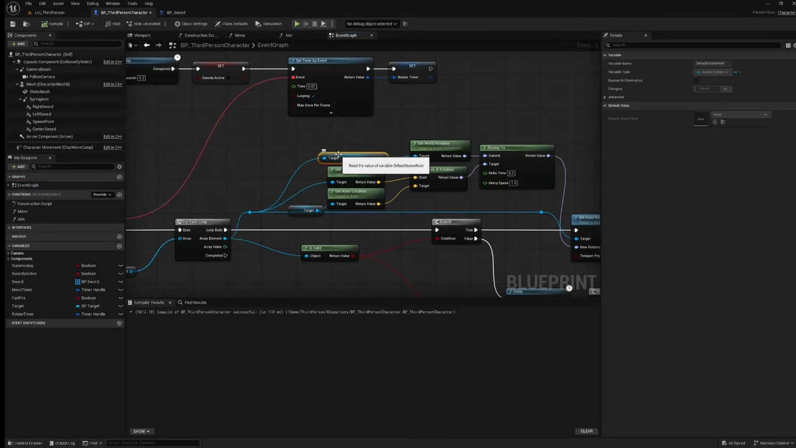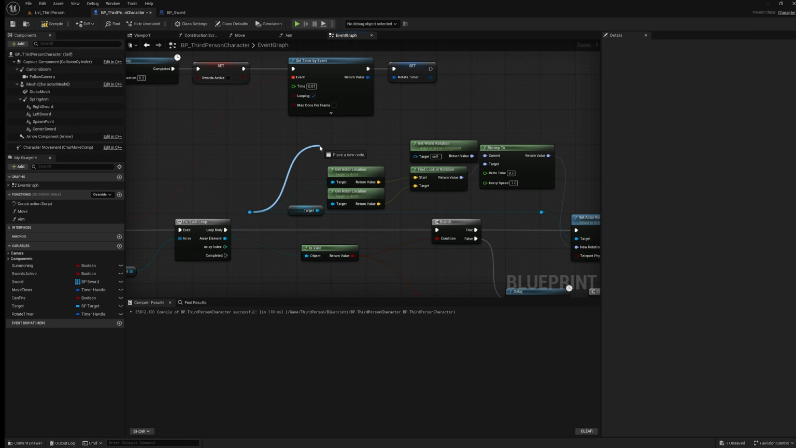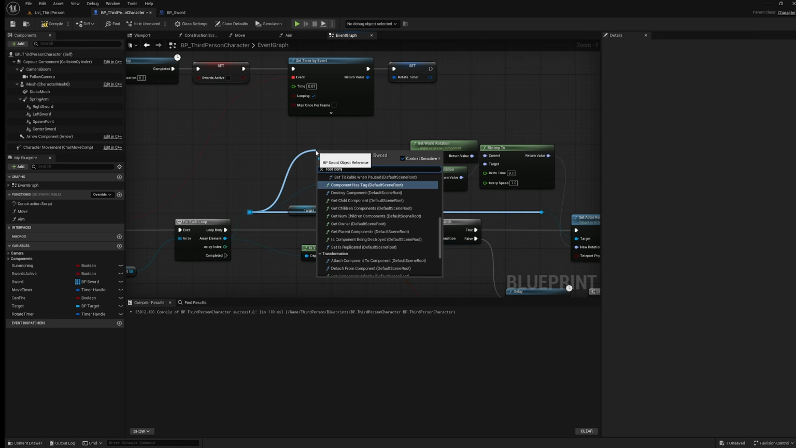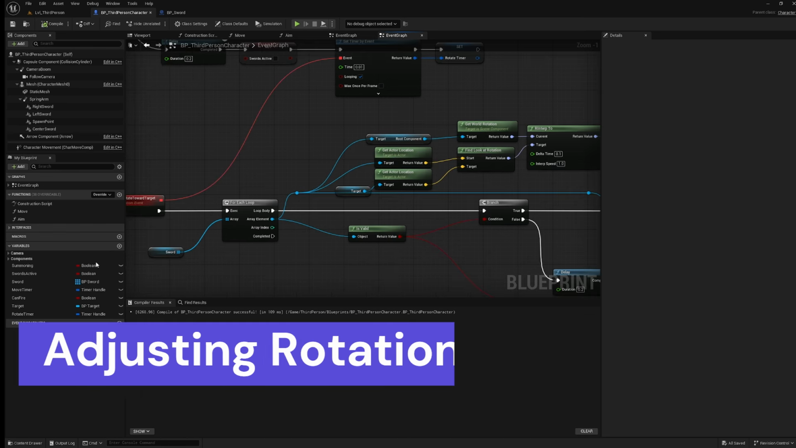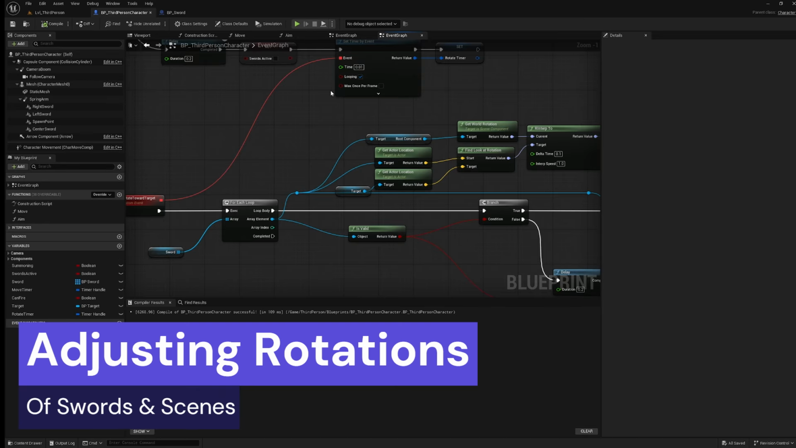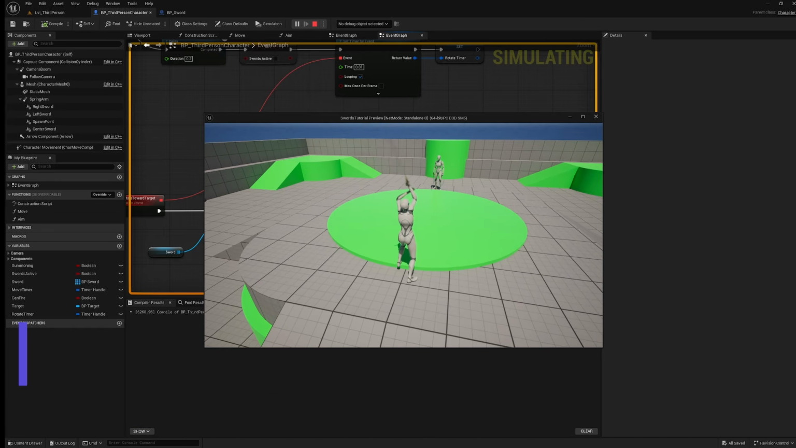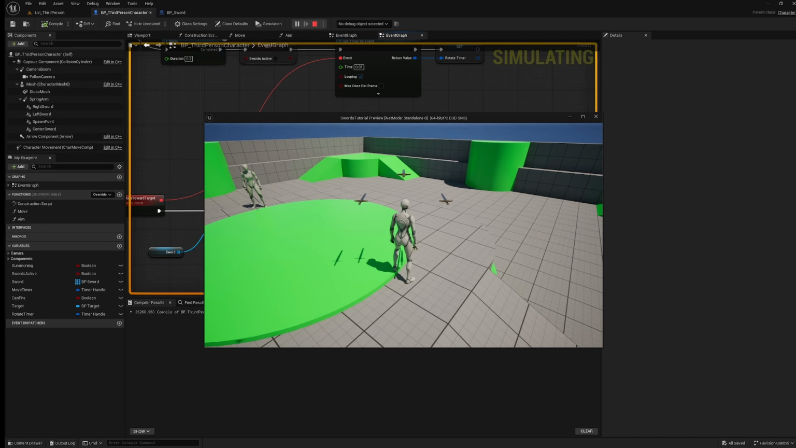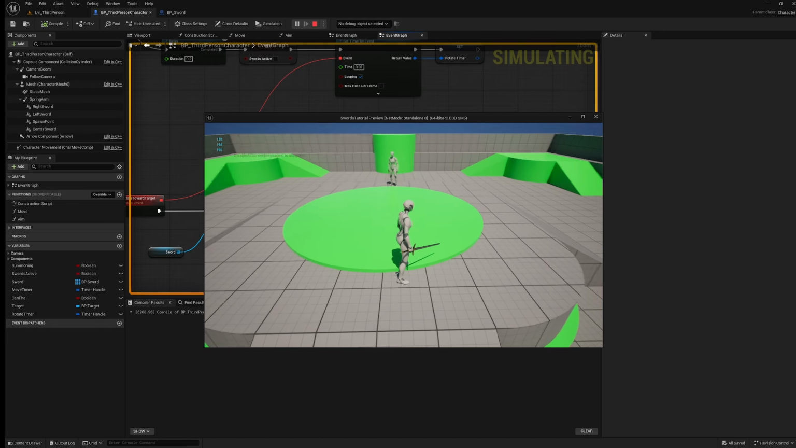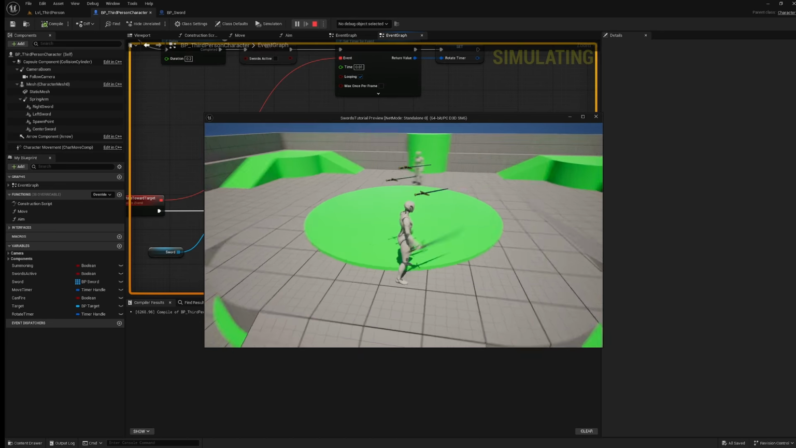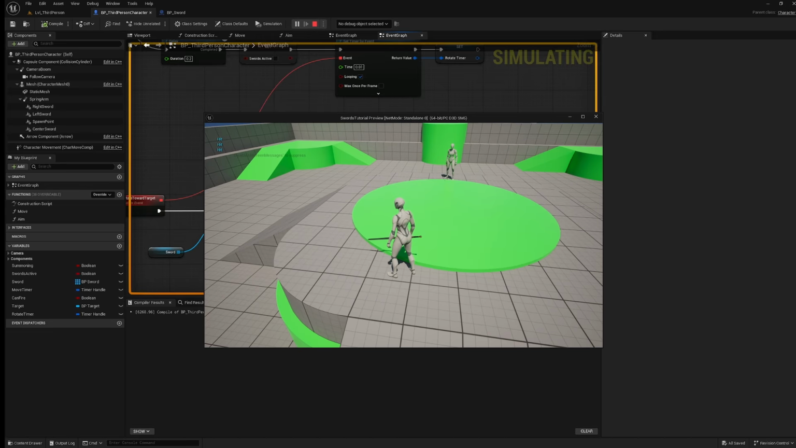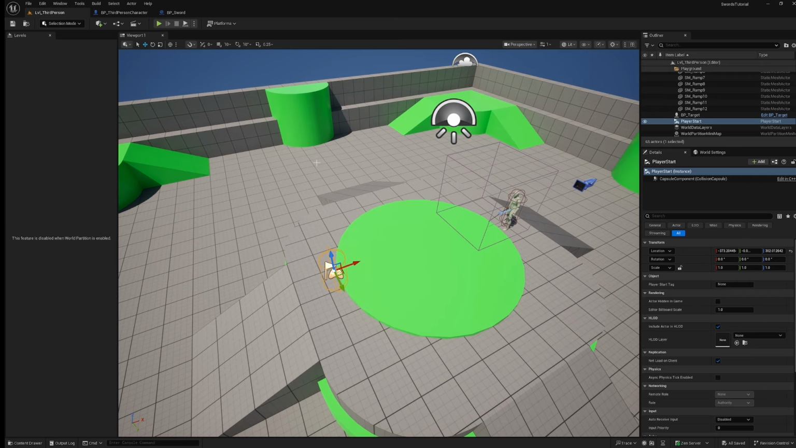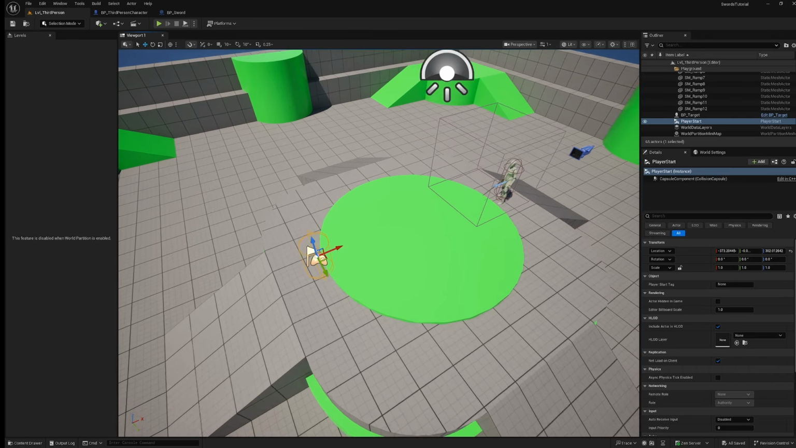Oops, actually, instead of the default scene root, we need to get the root component. So now this will work. However, you'll notice that when we fire this off, it does kind of rotate towards the target, but we're not doing it from the sword end first. Because I know everyone's going to be using a different mesh,